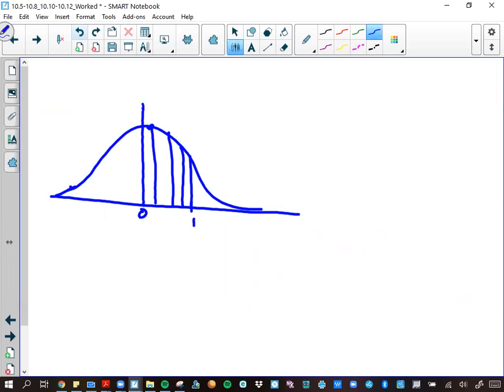They should be equal length. So this one's gonna be 1/4, this is gonna be 1/2, this is gonna be 3/4 and then 1. And you have trapezoids here. So there's our first trapezoid, and then our second, and then our third, and our fourth trapezoid. And so the integral from 0 to 1 of e to the negative x squared dx is